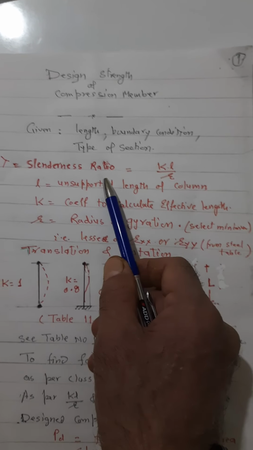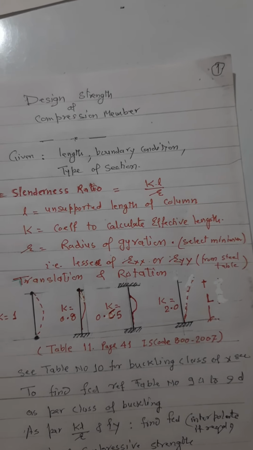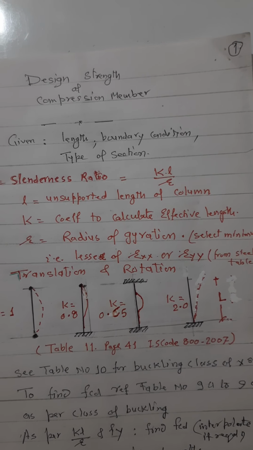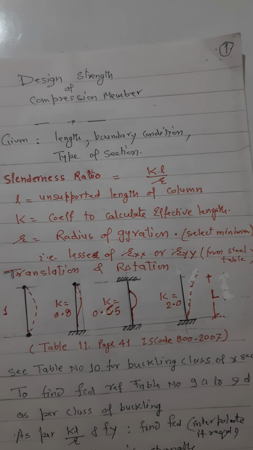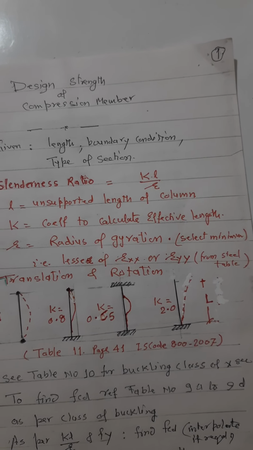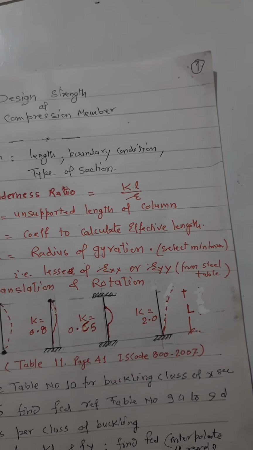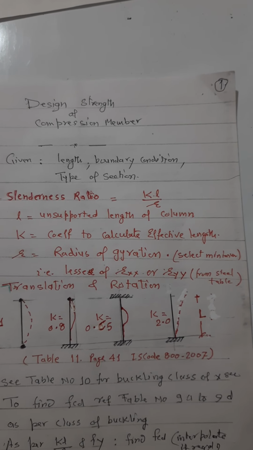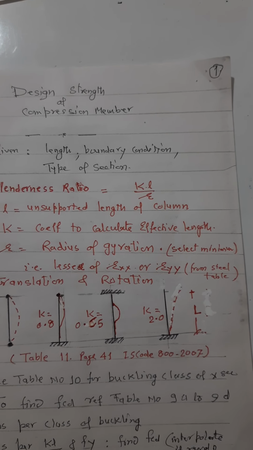Lambda is known as the slenderness ratio, which is nothing but KL upon R. KL stands for the effective length of the column and R stands for the radius of gyration. In this case, we'll have to take the value of R as the minimum of Rxx and Ryy. But the most important as per the code, when we are talking in terms of a compression member, under any circumstances,